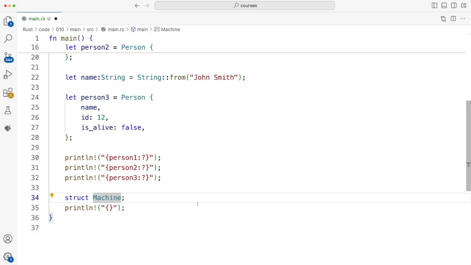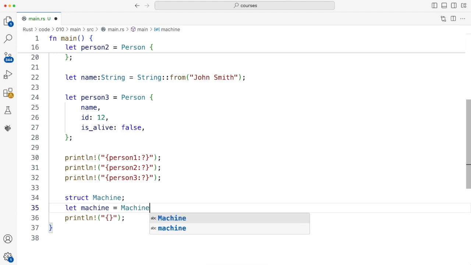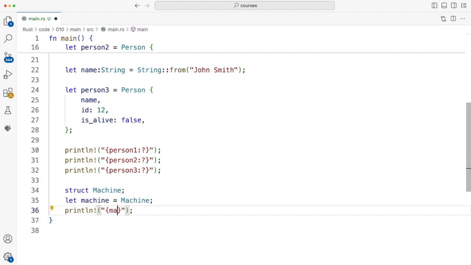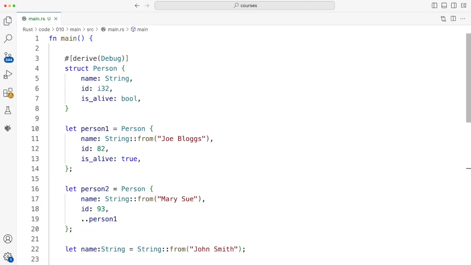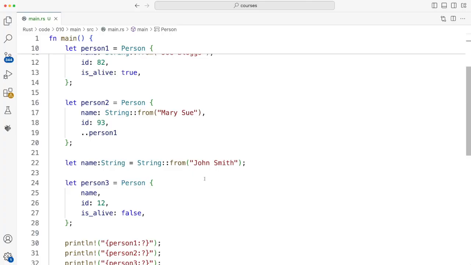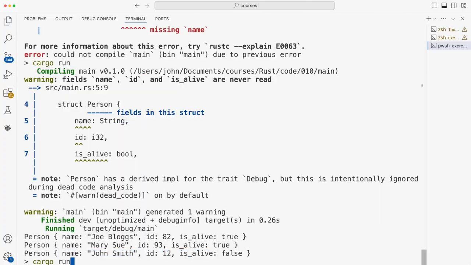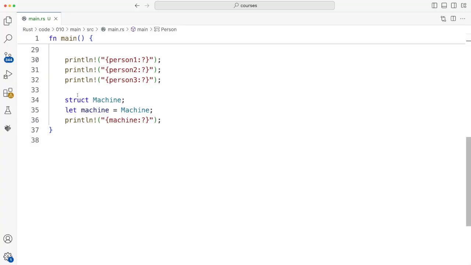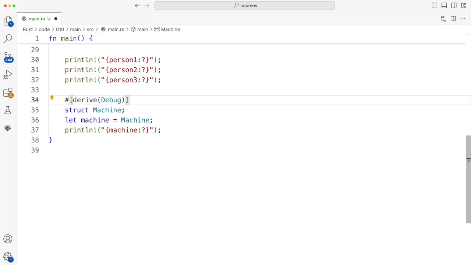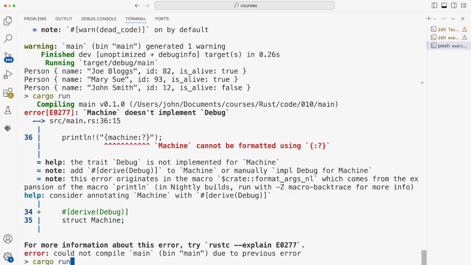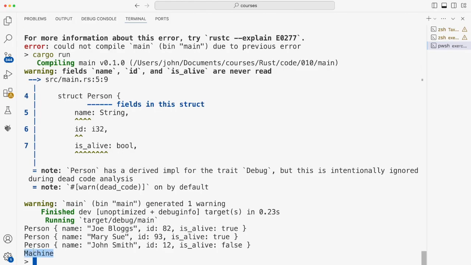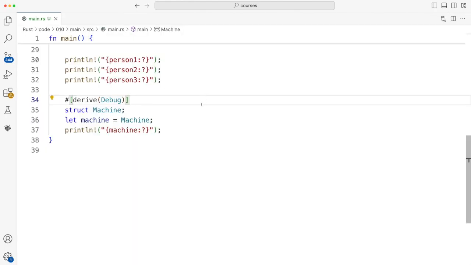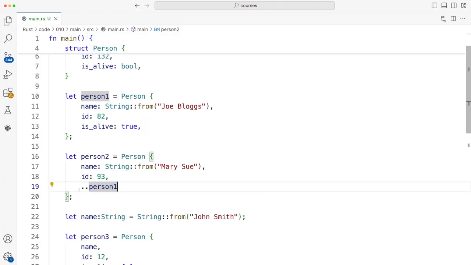Oh yeah, we've got to actually create a machine though. Let machine equal Machine. Does that work? And I'm going to put a machine in here and attempt to print it. And I guess we also need, probably also need this, right? Well, let's just see what the errors say. So I'm going to run this. Yeah, it does want this on here, even though it's an empty struct. And so if we try to run that, that works, and it just literally prints Machine. So that's what you'd expect, really. Oh, by the way, I forgot to say, this is called struct update syntax, apparently.